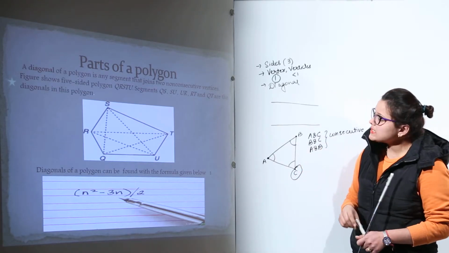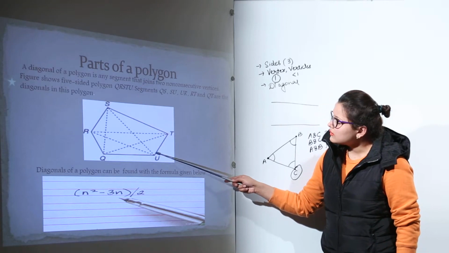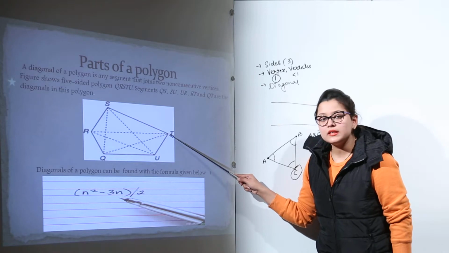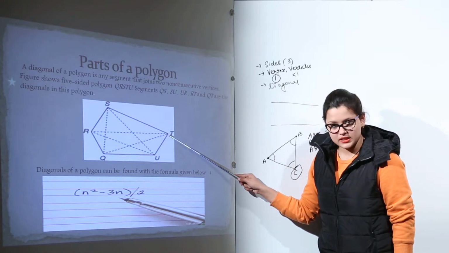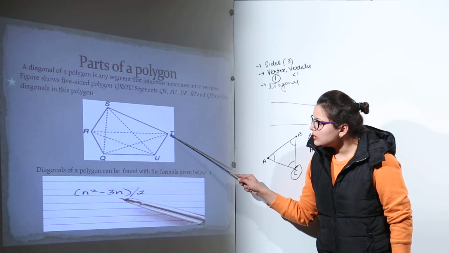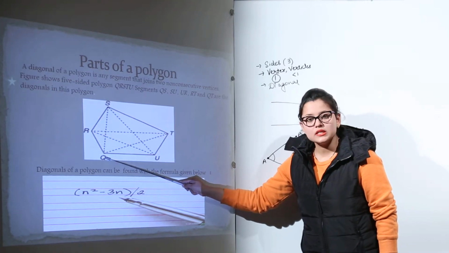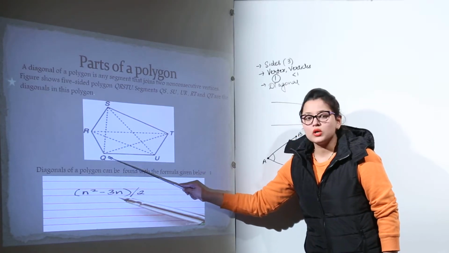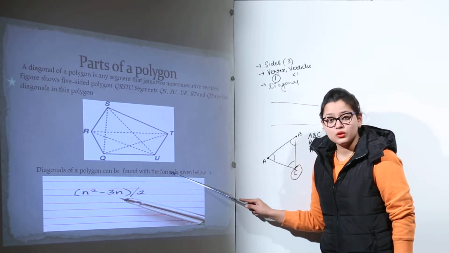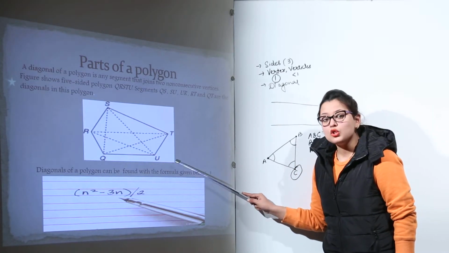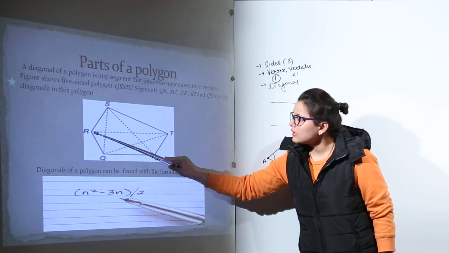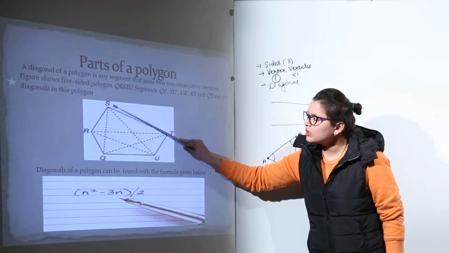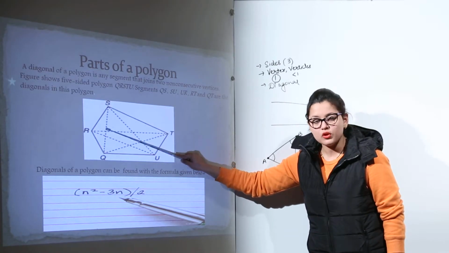Now see, in this example consider vertex U. For vertex U, Q and T are the adjacent ones. These are the adjacent vertices. So for U, T and Q are the consecutive vertices. Understood? Now, except these consecutive vertices, what are the non-consecutive vertices for U? Those vertices which are not near U are R and S, and that's it. These are the only two non-consecutive vertices. No other vertex is possible for U, right?